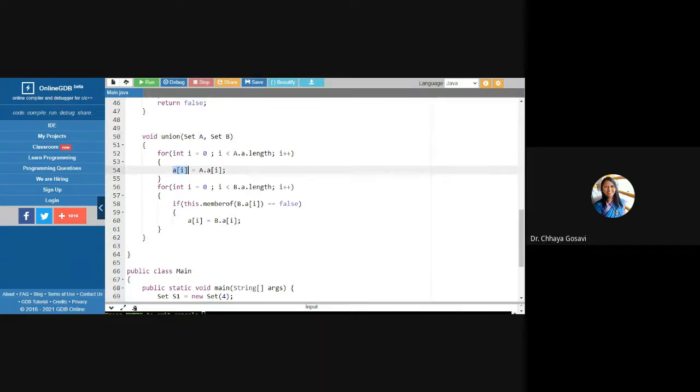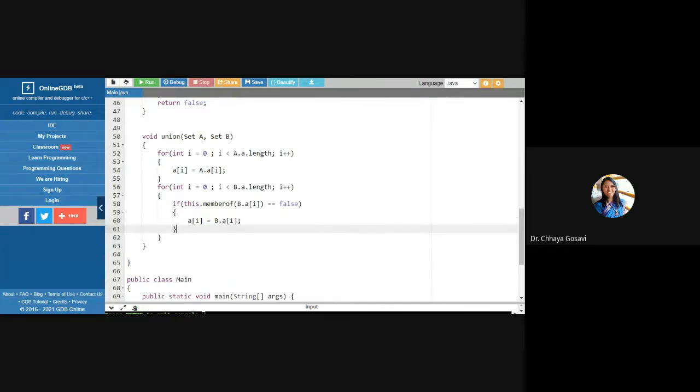So this A of I is of the object which is calling the union function. This is A's A of I and this is B's A of I. Here this bracket is for if, this is for union, and this is for class.